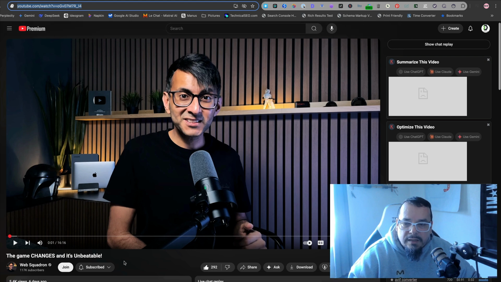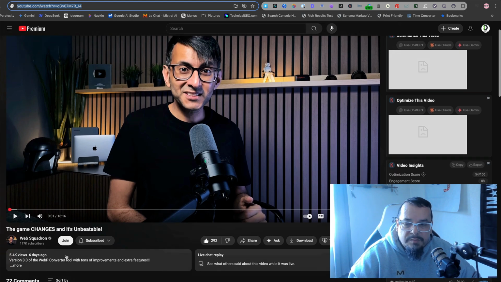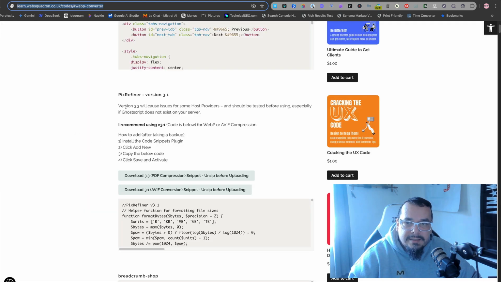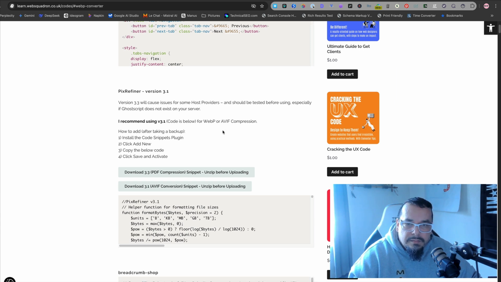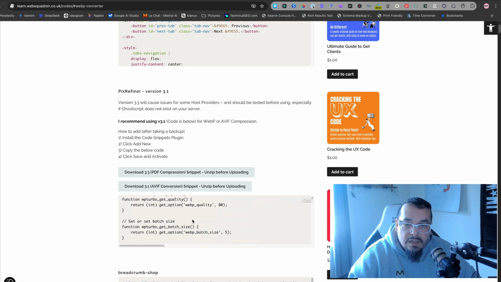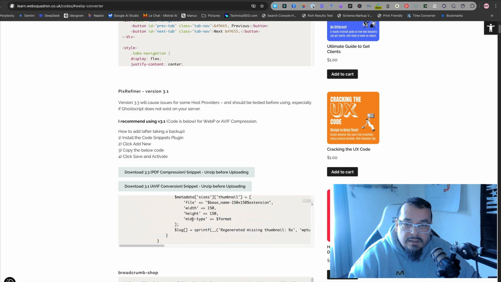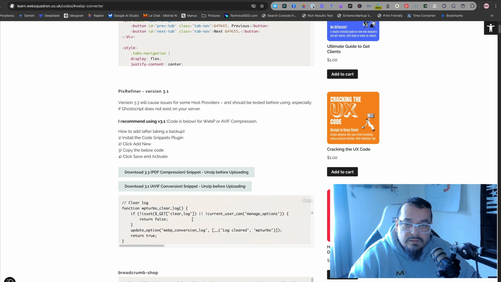Another tool: last week I mentioned this guy's WebP converter, and I showed you where to get the code. He's updated it. This is version 3.3 now. I would go to your host and get GhostScript and Imagick turned on if you're going to use this. I'm going to put this on SEO This Week, that blog, and try this out. He's added a whole bunch of new features that people asked for, and all the code is right here. You just drop it into your site and you'll be off to the races.